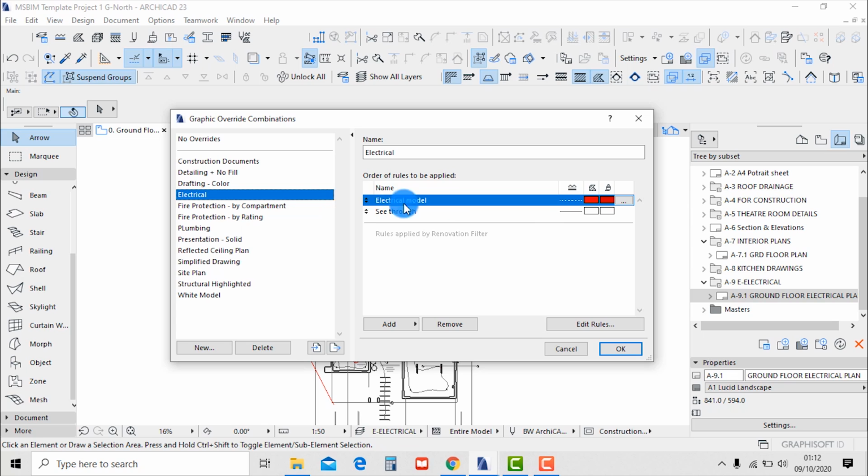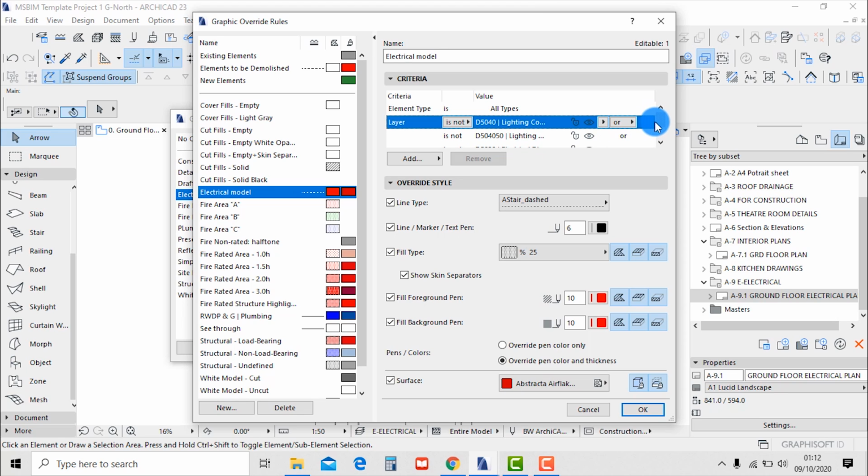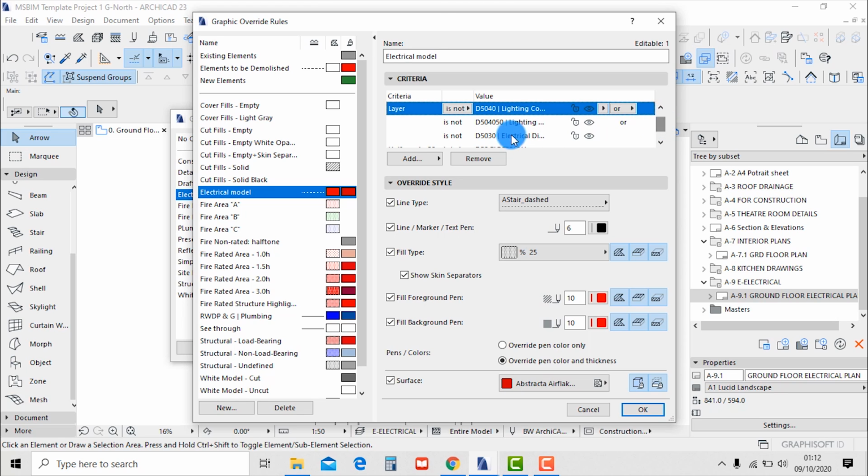Under electrical, you see here, under the order of rules to be applied, I have the electrical model, which is the first rule, and then the see-through for the 3D visual representation. If you click on this one and make sure it's checked here, you see the criteria of the selection is based on the classification and layers of this component. I have a layer which is lighting control, and all these layers that represent electricals, and then I said it's not. That means